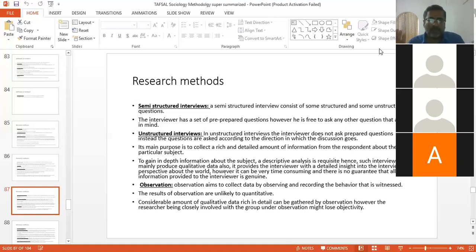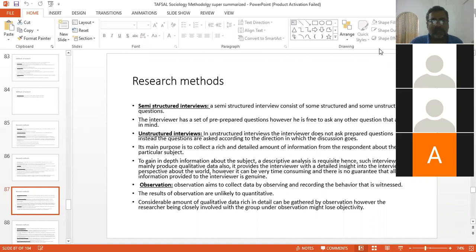Then we go to the next method, which is observation. In observation, the main thing is that you see the behavior and then you record the behavior. The main thing here is that you become a witness to the sociological phenomenon and the sociological behavior which is emerging. So in sociological research, observation is more to do with qualitative, and the data will be rich in quality if it is